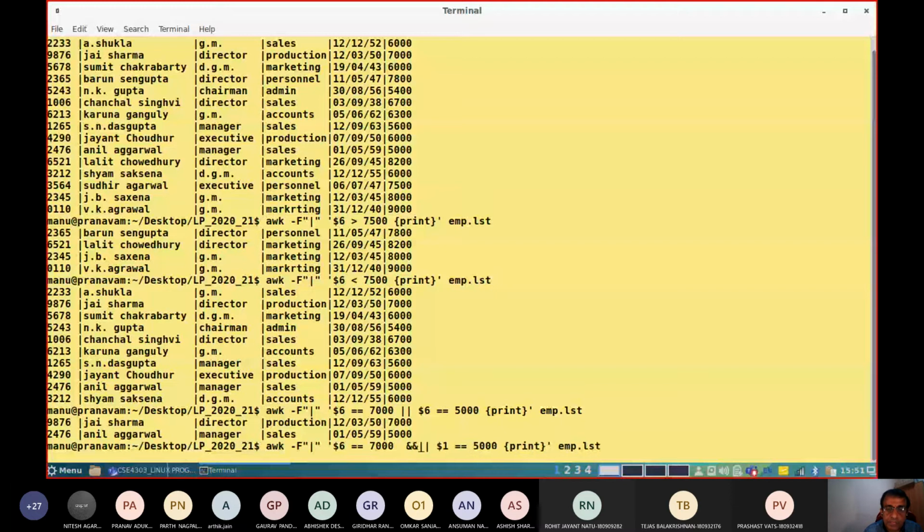With the AND operator, both conditions should be satisfied. 7,000 and 9876, it should work.